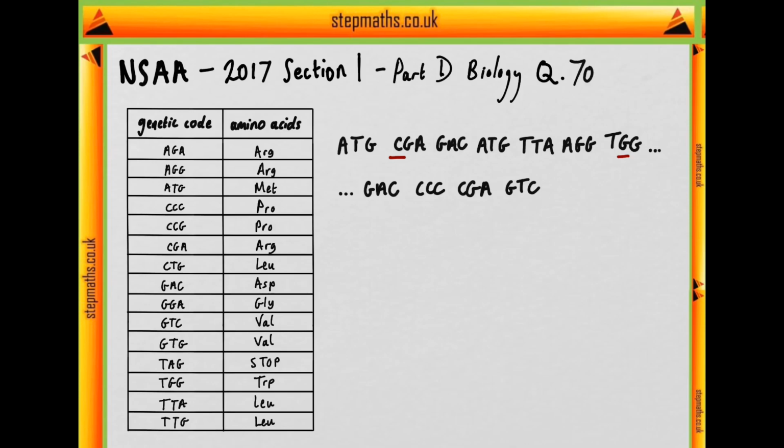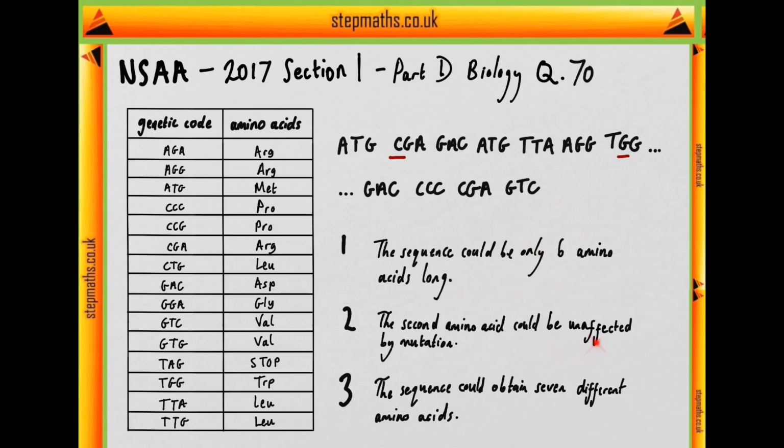Okay, we're then told, using only the information provided and reading the sequence from left to right, we should assess the following 3 statements to see whether they are true or false. Okay, so the first statement: the sequence could only be 6 amino acids long. Well, under normal circumstances we have more than 6 sets of triplets, or codons rather, so we wouldn't